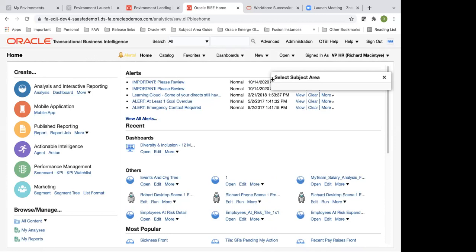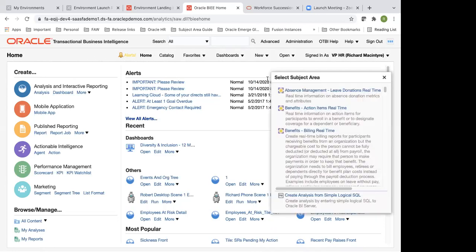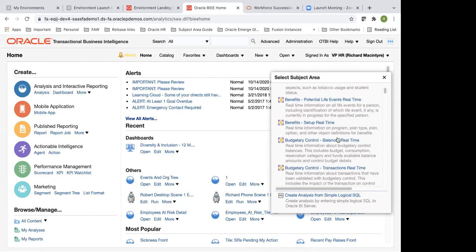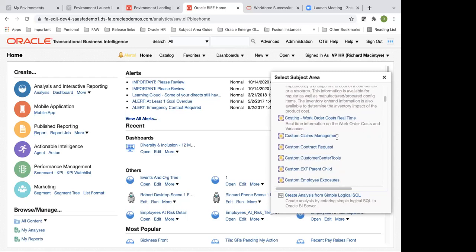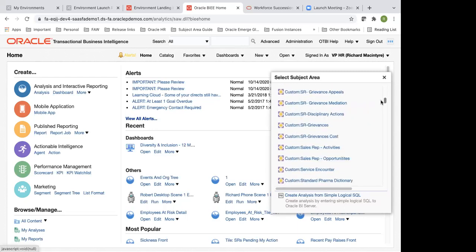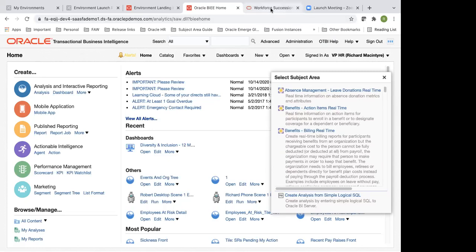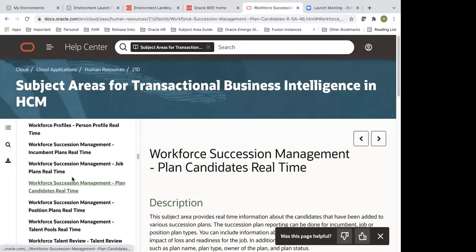Let me start with a simple example. I would want to build a report of the headcount of workers in my organization by various business units. One other thing, this is more of a soft skill that I would want to talk about here. As I said, there are about 100 subject areas, and for you to scroll through each of them could be time-consuming. If you have zeroed in on the subject area that you want to build a report on, just do a browser search here.